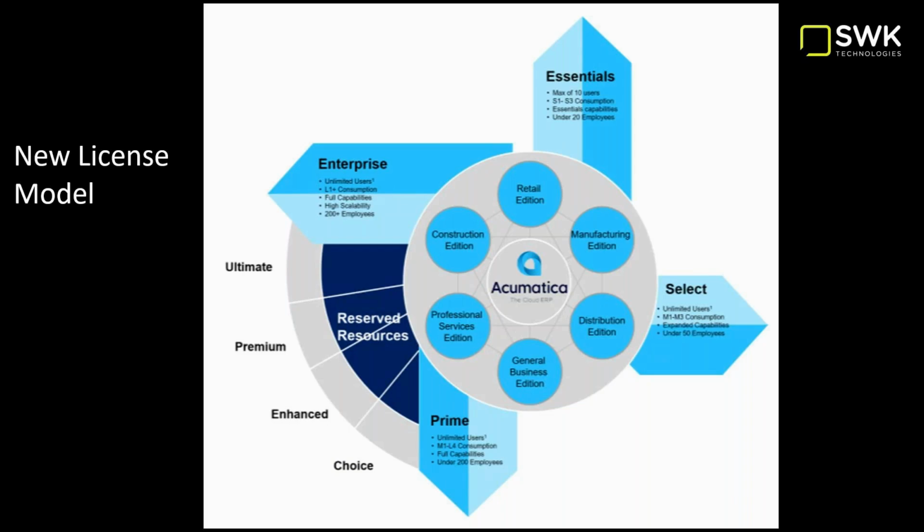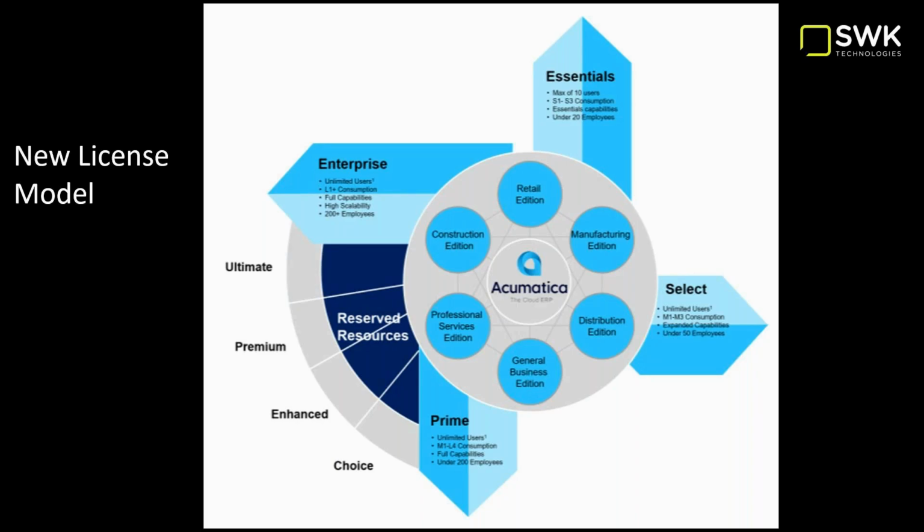The new license model is made up of the cloud computing components we just looked at, but these are actually new products. The reason it's important to understand that these are new products is that the infrastructure configuration is different, which means it's a different product, which means it's going to perform differently. Feature functionality is based upon the version of the software and the module that you're licensed for. So we're not talking about, do I have a pick, pack, and ship feature, or do I have expense claims? We're talking about the infrastructure.